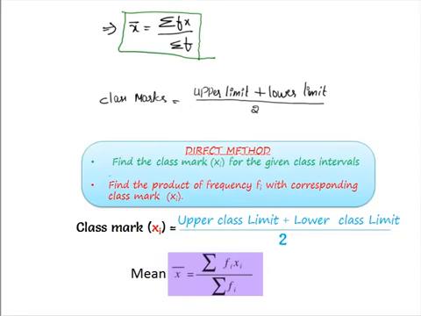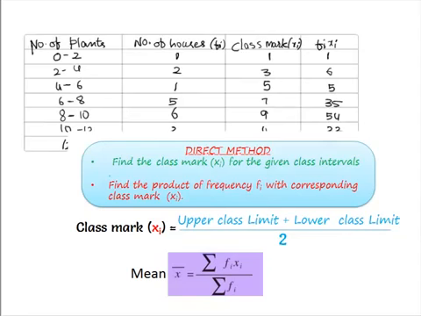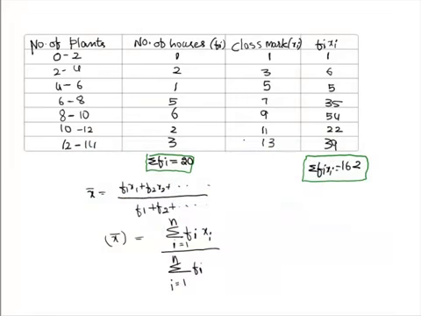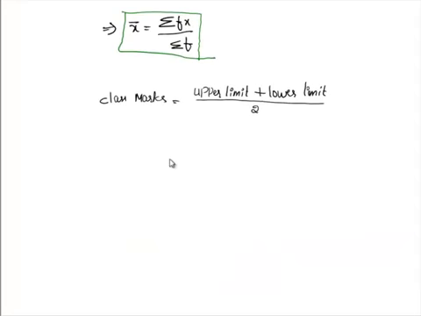We shall substitute the given numbers in those and we get the mean. Hence, x bar is equal to sigma fx by sigma f, that is 162 by 20, it is 8.1. The mean number of plants